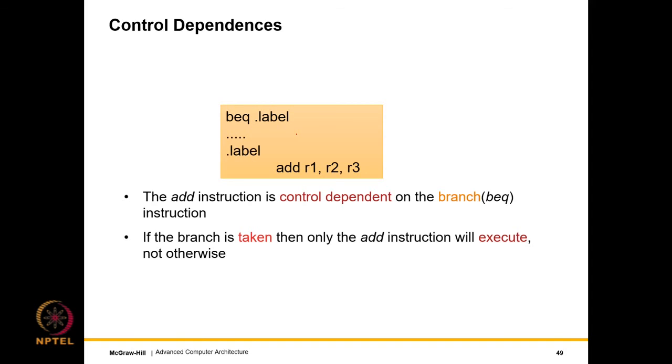All right. So now let us come to the next category of dependencies that we have seen. They are known as control dependencies. So here, it's rather simple. We jump to a label, and when we jump to a label, we execute instructions after it. So even in out of order pipelines, of course, we have to predict branches. If we do not predict branches correctly, we stand to fetch instructions from the wrong path.